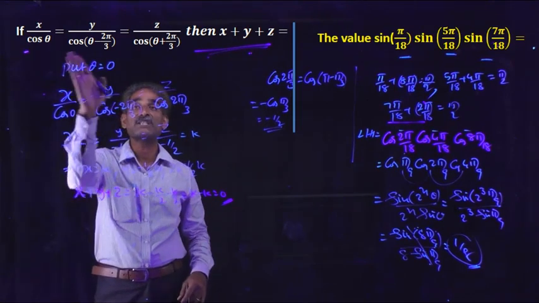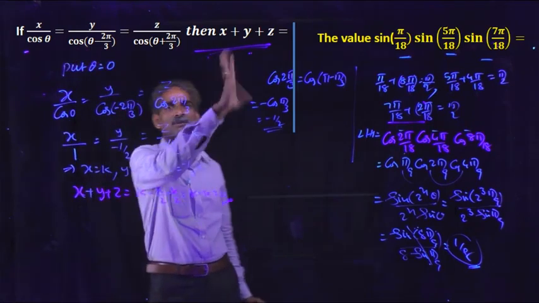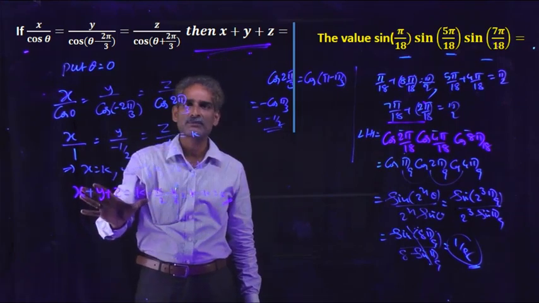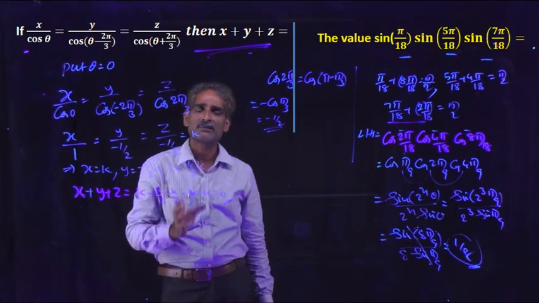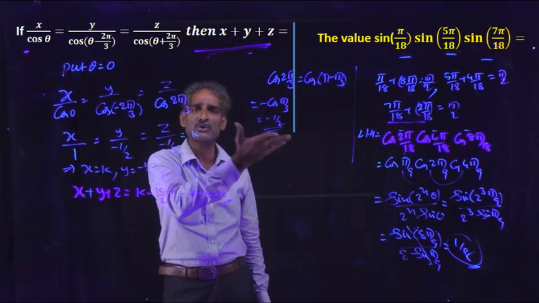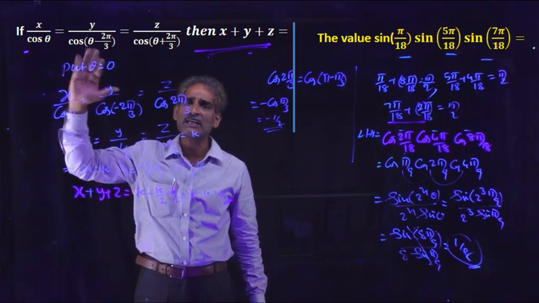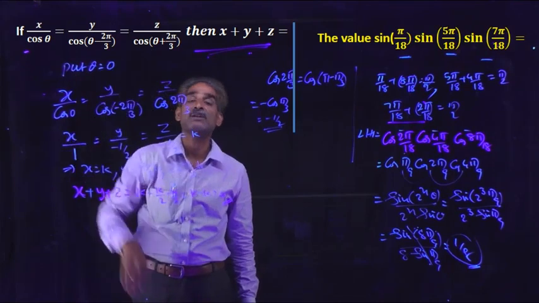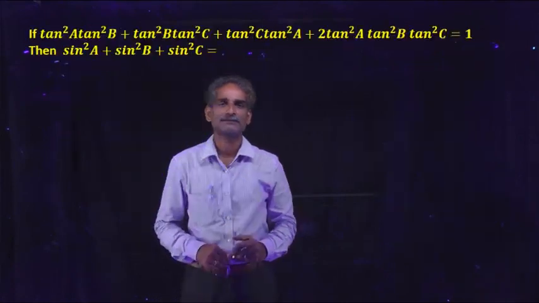This is how to find the values of this type of expression. Here theta and some standard values are there, but we want to find x plus y plus z. Whatever the expression in terms of x, y, z, this is the method. Here if options are there, there is a chance to get the idea easily. If suppose the options are only 1 by 2, 1 by 3, 0, 1, what does it mean? The total expression does not depend upon theta, so you can take any value in place of theta. That is the approach. If the options are there, we will get the approach easily. Okay, right. Let's see the next problem.